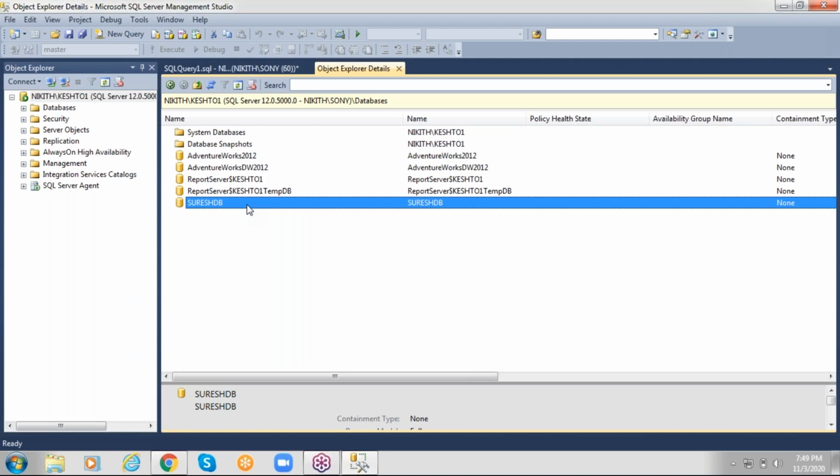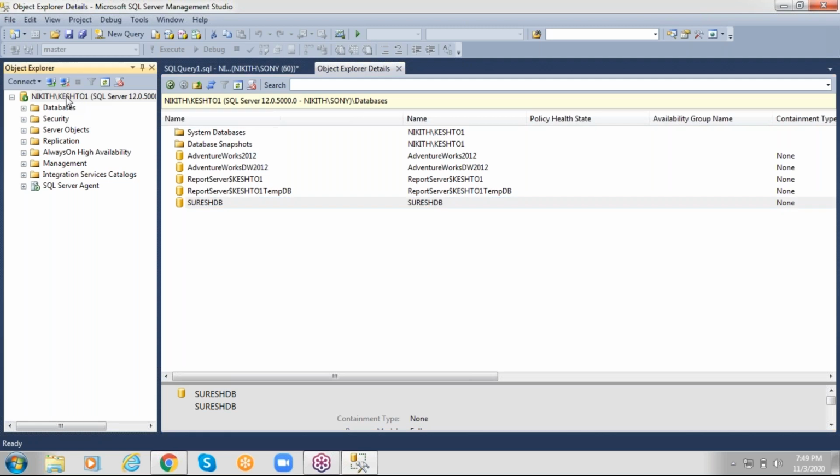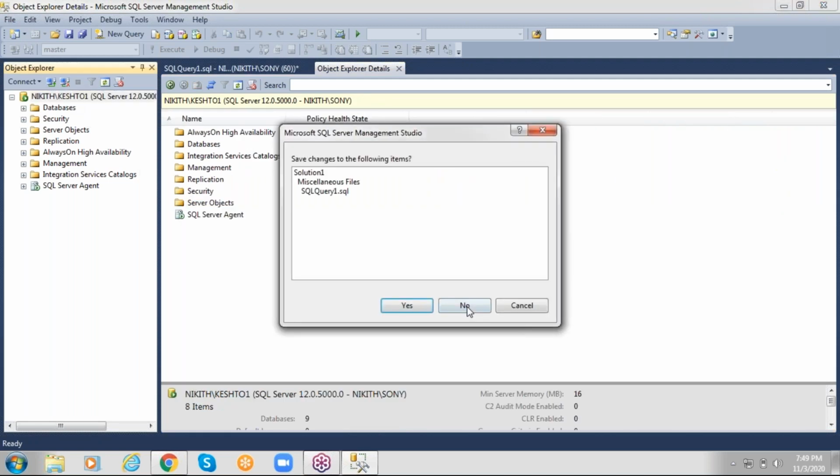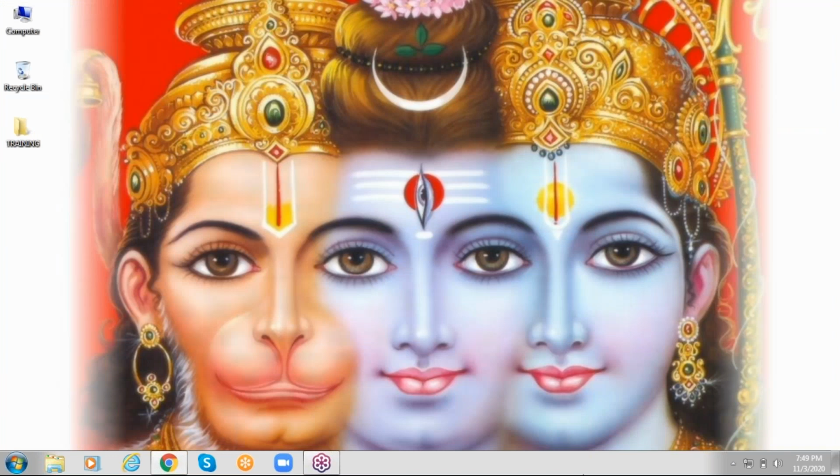This is the way we work with databases, system databases and user databases. You have to remember every part from here, because after creating a database only can we go for implementations or configurations like backup, restore and other configurations. That's all from my end for now.